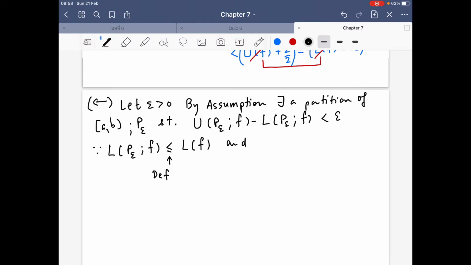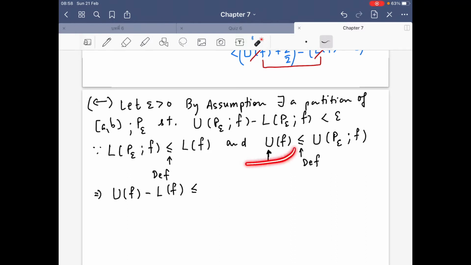And on the same token, your upper integration is a supremum of all upper sums, right? So this one is an infimum of all upper sums. So this one will be less than or equal to the upper sum of one partition. Is it? So again, this one is also from the definition. Okay. So it means that if you use your upper integration subtracted by your lower integration, this one,